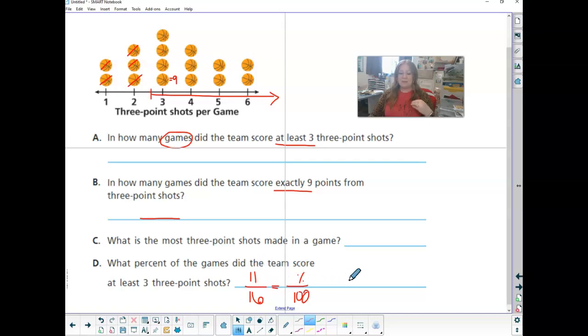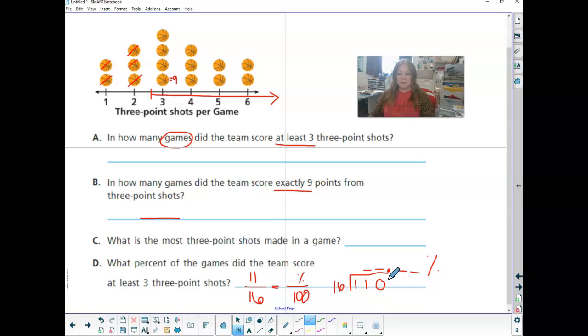So we're going to do 11 times 100 divided by 16. I can tell you it's going to have 2 digits, a decimal, and 2 decimal places to finish that problem. So we're dividing by 16, right? 11 times 1 is 11 with 2